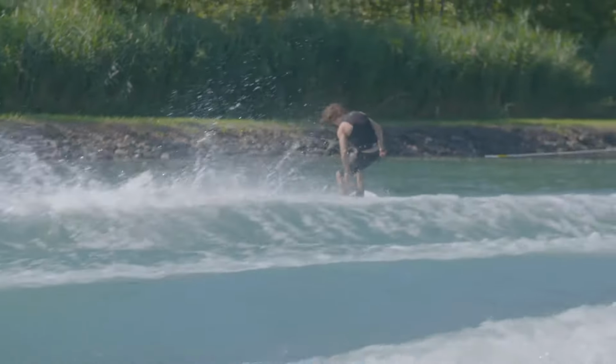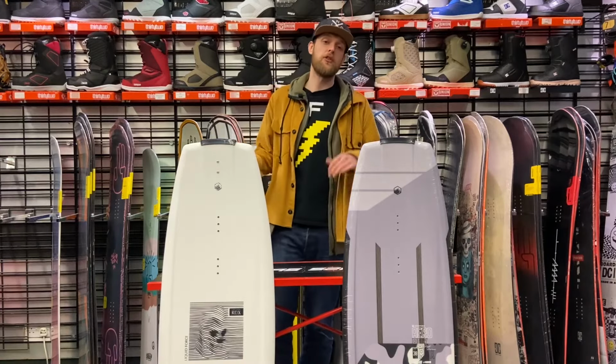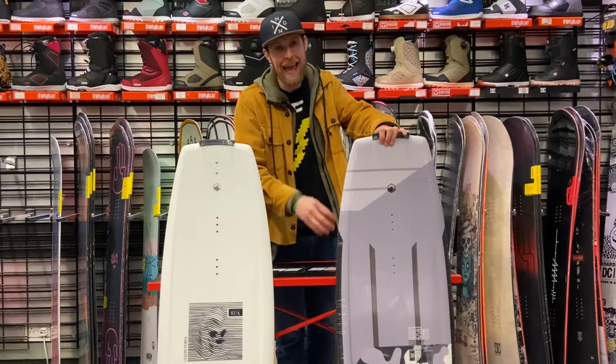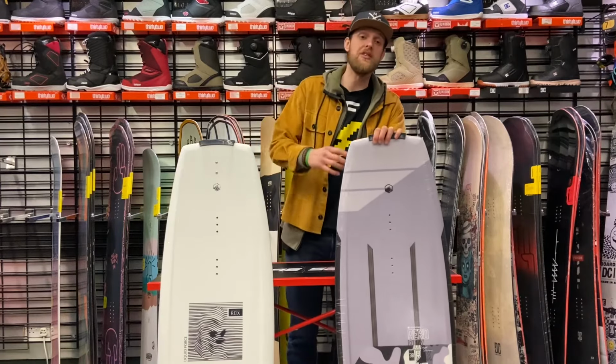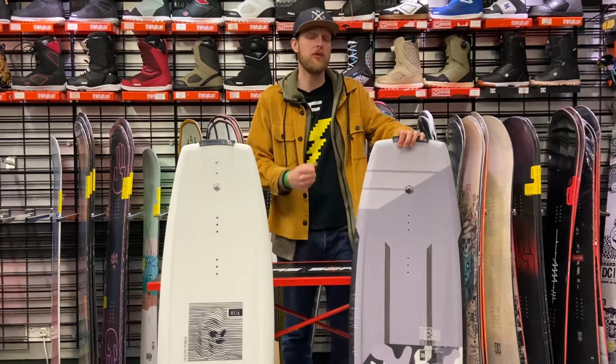So it's worth mentioning in this video the price difference in these RDX boards. In the UK, the RDX normal, I don't really know what to call it, with the PU foam core comes in at £339, whereas the RDX Aero Core, obviously this is a unique foam and cell core reinforced with carbon stringers,